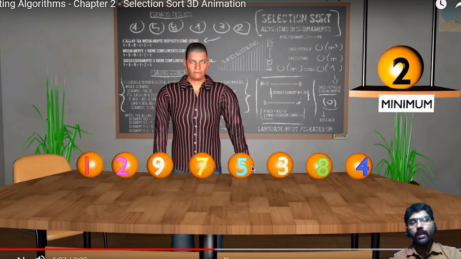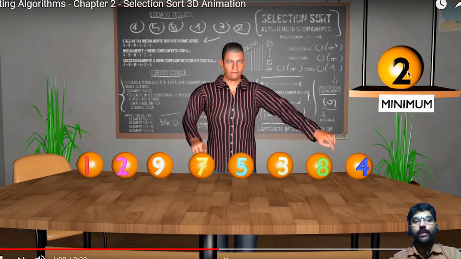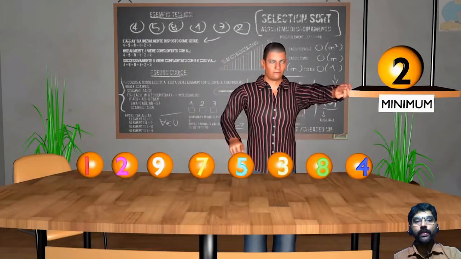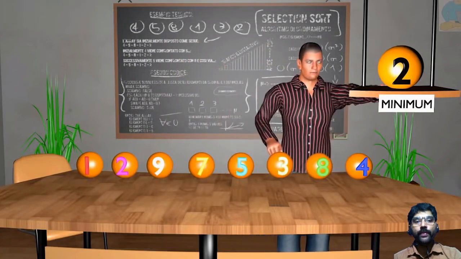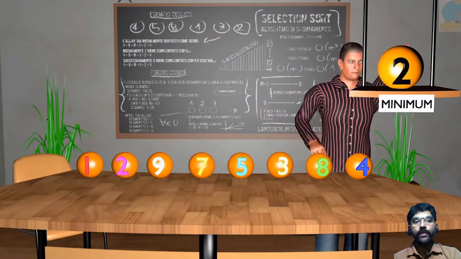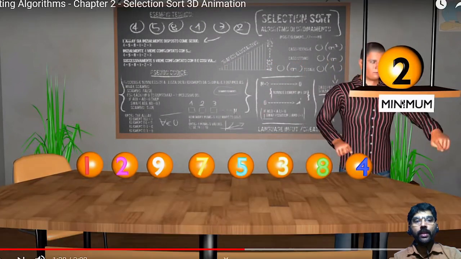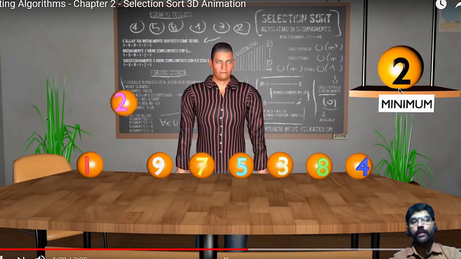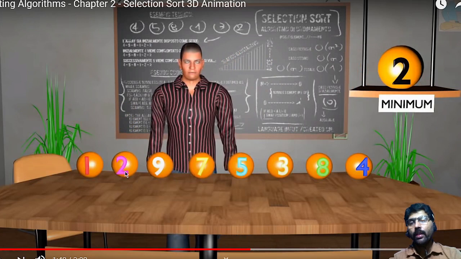This comparison goes on until there is a number smaller than 2. No other element is smaller than this 2, so there is no exchange. Then these two are sorted and these elements are in unsorted order.